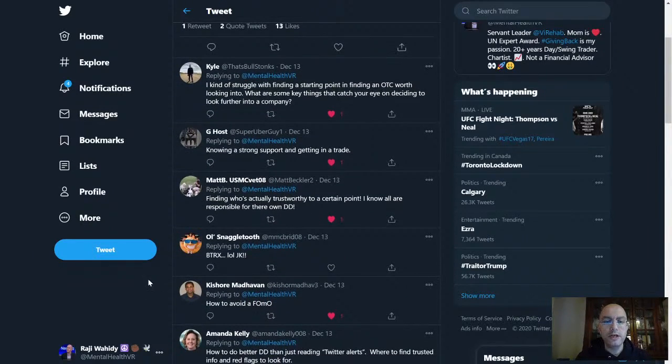G-Host asked about knowing a strong support and getting in a trade. That's something that we actually covered in the support and resistance levels. However, let's go to